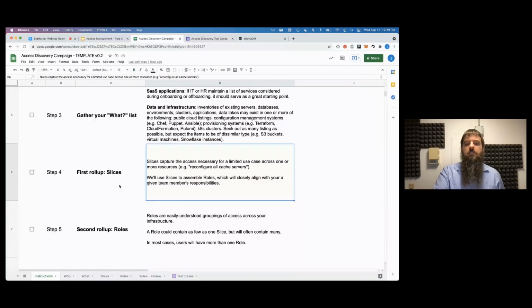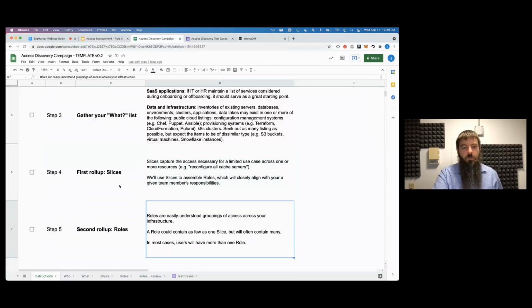Okay, so with slices, what we then want to do is do a second layer of rollup into roles. So these roles should have basically names that make them easy to understand. And then the slices provide some of the implementation details that concretely map those easy to understand concepts into how it actually exists in terms of your deployed infrastructure and systems. Okay. So a role should probably contain several slices, but a role should not necessarily attempt to fully capture someone's